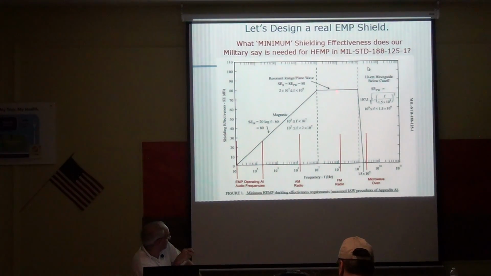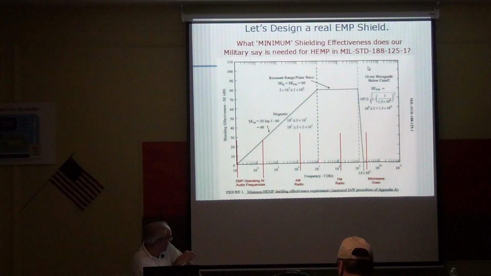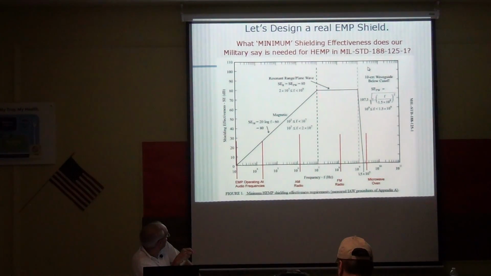And then once you get up into the FM range, 10 to the 7th, or what is that, 10 megahertz through 1,000 megahertz, they're saying the absolute minimum shielding effectiveness you require to protect your equipment from an EMP pulse is 80 dB. And then after a gigahertz, it drops very quickly down to 1.5 gigahertz or 1,500 megahertz. That's essentially saying that from their research, at the frequency of operation of a microwave oven, for example, 2.54 gigahertz, there's no EMP